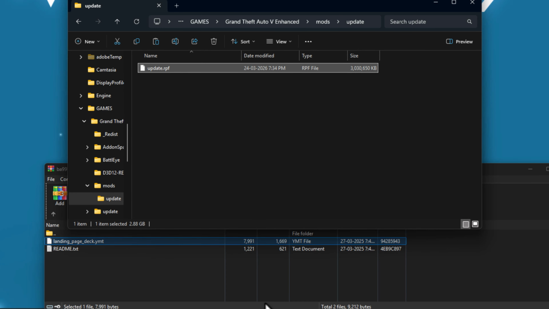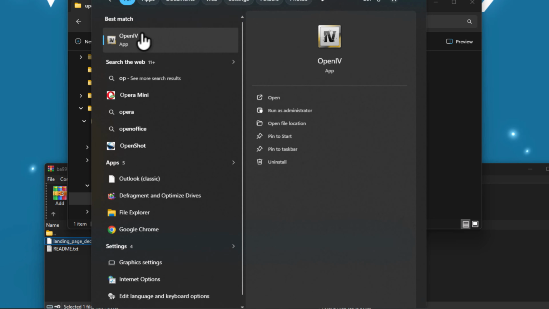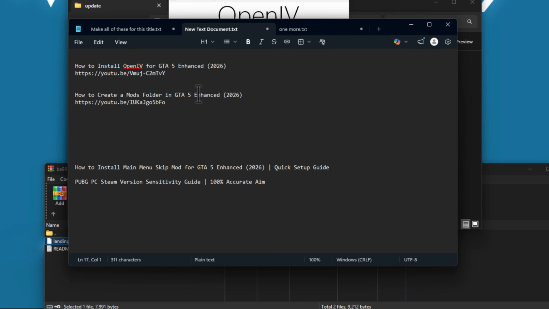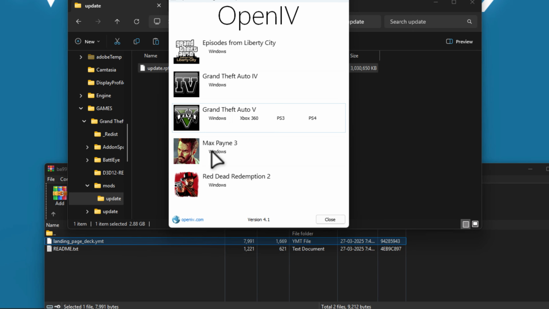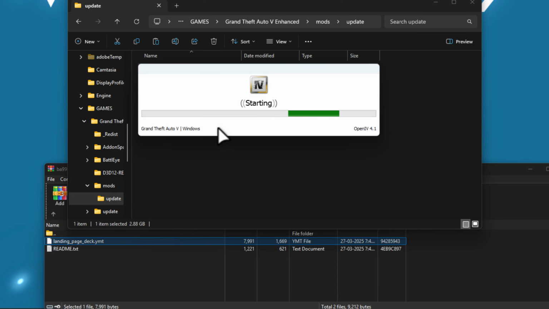Once this done, open OpenIV. If you don't have OpenIV installed on your PC, then check my video description for this tutorial video on how to install OpenIV for GTA 5 Enhanced. Once installed,